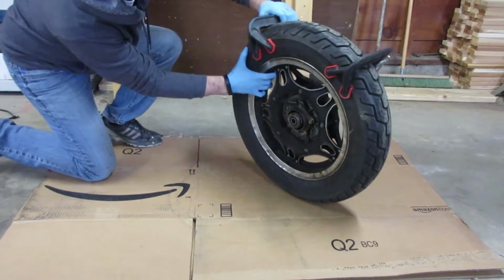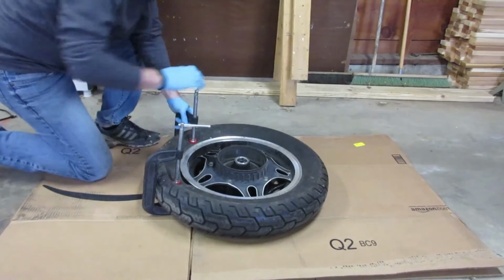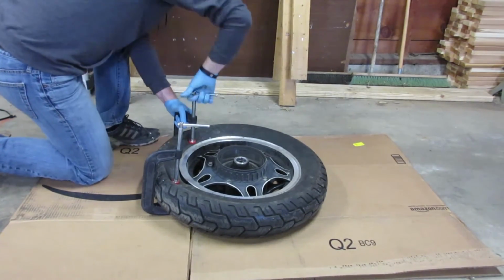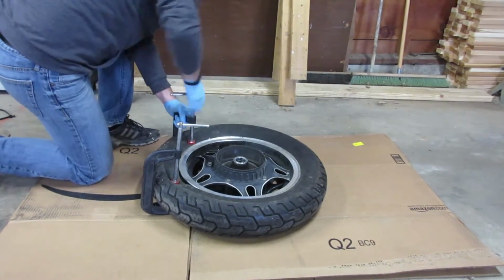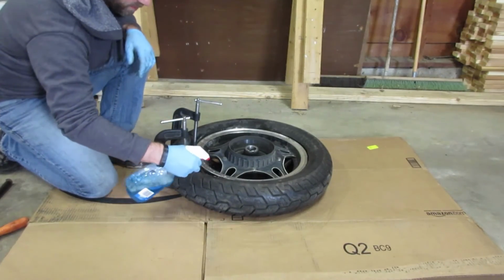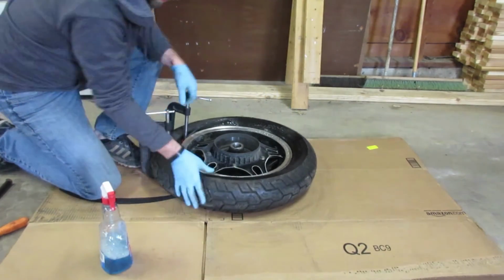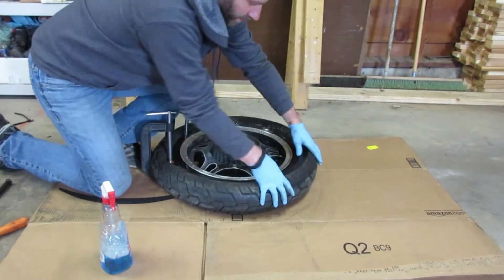The clamps are basically just centered on the tire. And once the bead's broken, it'll be much easier to get the tire loose. And a little Windex, just to lubricate the rubber a little bit, makes this a little easier. So as you can see,